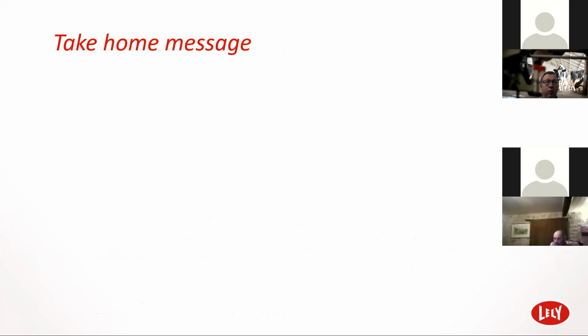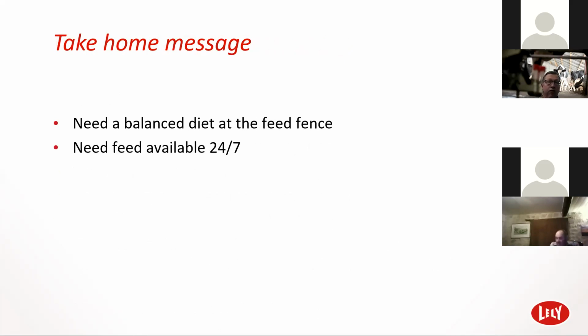So as a take-home message, you need to feed a balanced diet at the feed fence. Regardless of whether the concentrate optimizer is on or off, the diet needs to be balanced. Also, feed needs to be available 24/7, so cows need to have access to the feed for it to work to its full extent. Also, we need sufficient free time on the robot so that cows